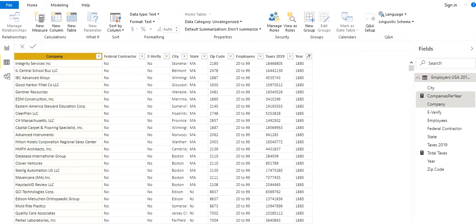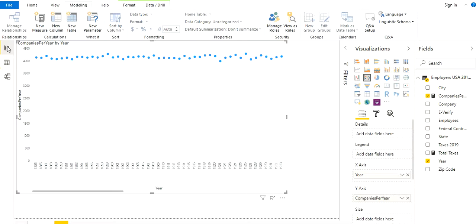And over here it shows us that 4,141 filtered rows, so it means that we got 4,141 companies. Let's just go over this chart again, and we got the same companies for the year of 1885. So the graph is perfect now. So we're done with the measure,